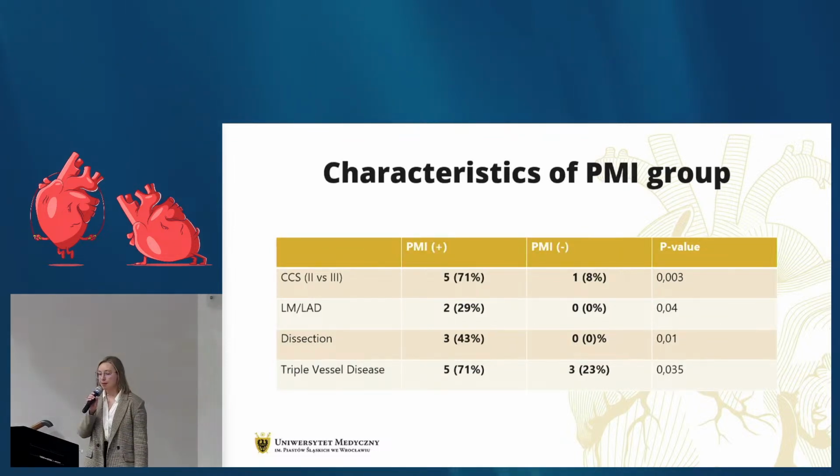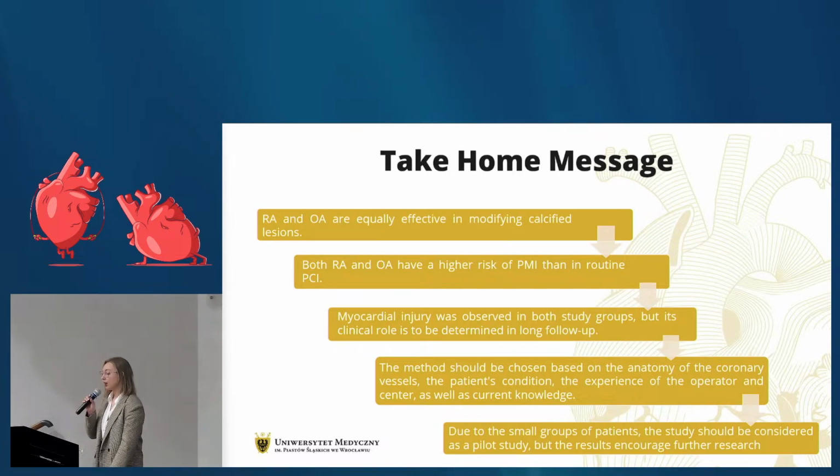The patients with PMI had higher CCS and more often suffered from triple vessel disease. Also, modification of the left main artery or LAD was more often performed in this group of patients. And all of the dissections that occurred during the procedure happened only to patients that suffered afterwards from periprocedural myocardial infarction. And the conclusion that I want you to remember after this presentation is that rotational atherectomy